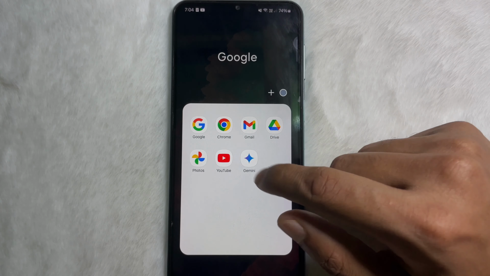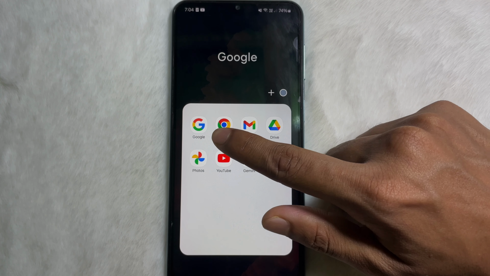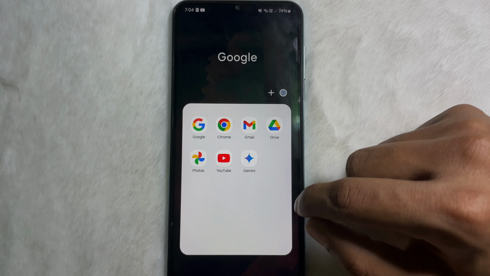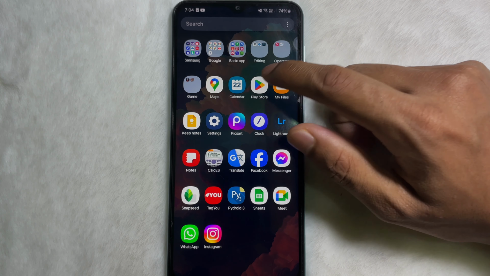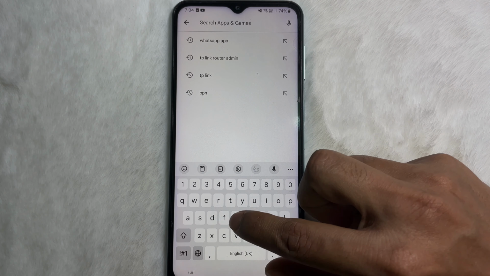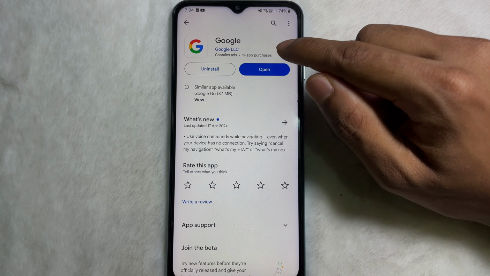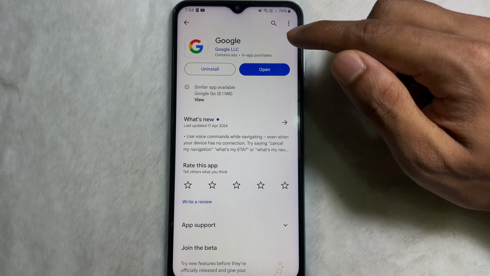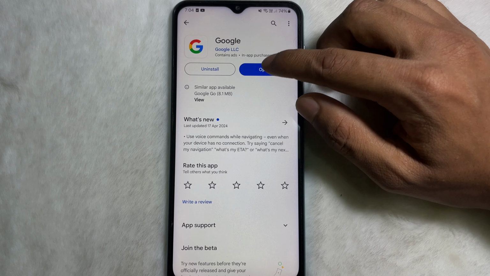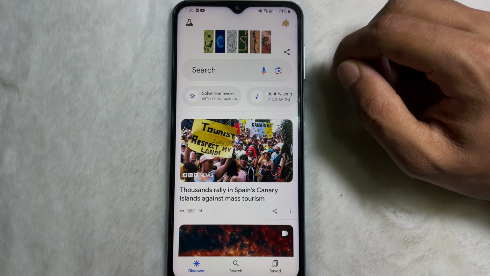So first of all, you have to open up your Google app. If you don't have this Google app on your mobile, then don't worry, go to Play Store and search Google, and then install this app on your mobile. After installing this app on your mobile, open it, and then at the upper right side you will get